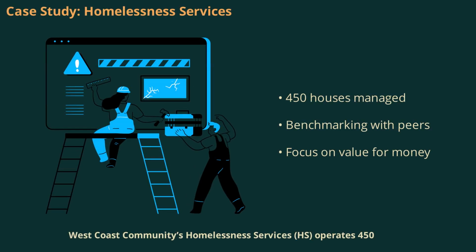Coast Communities Homelessness Services, HS, operates 450 houses for low and middle-income groups and seniors. Their main goal is to provide suitable accommodation, not to generate profit. To measure value for money, HS examines economy, efficiency, and effectiveness. They compare cost, service quality, and tenant satisfaction with those of profit-seeking organizations like Exclusive Services Ease, using benchmarking to